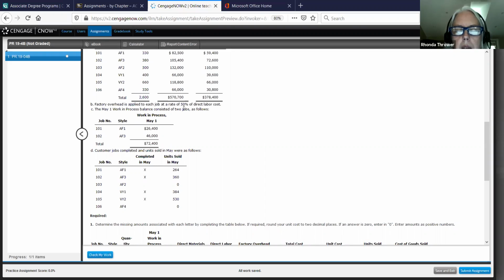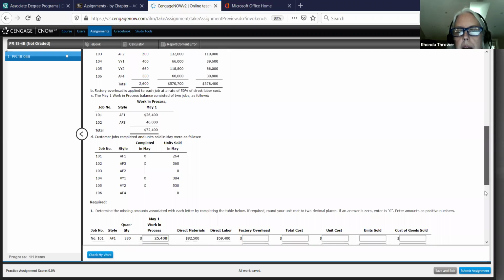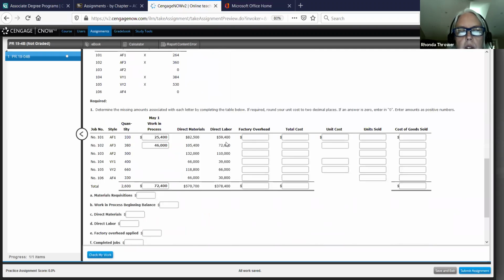So they estimated the amount of the factory overhead for that period of time, and then they would have divided it by the total direct labor cost, and that's how they come up with the 50% estimate that they would use in the next period to apply factory overhead. Notice it's 50% of the direct labor cost. The direct labor was given to you for each one of the jobs. So to find the factory overhead amount, you would simply need to multiply